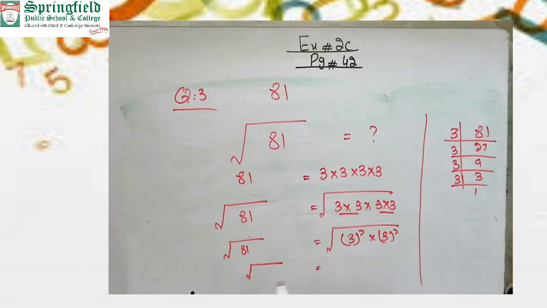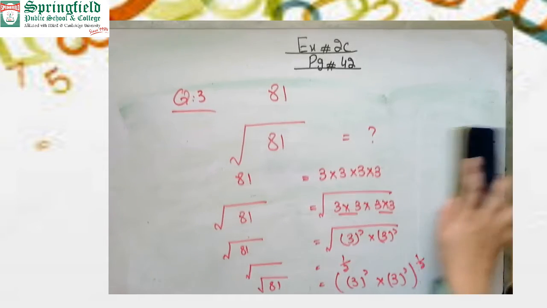And as we know that the value of square root is 1 by 2. So put the value of square root here. Root 81, and then 3 square multiply 3 whole square, and then apply the value of square root. This is the value of square root. Okay. Now